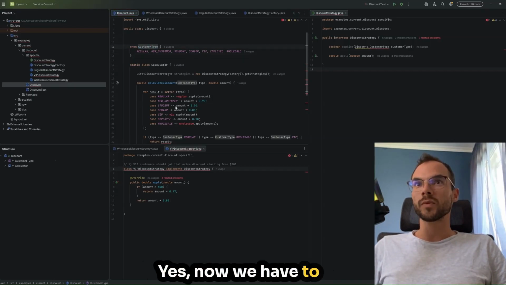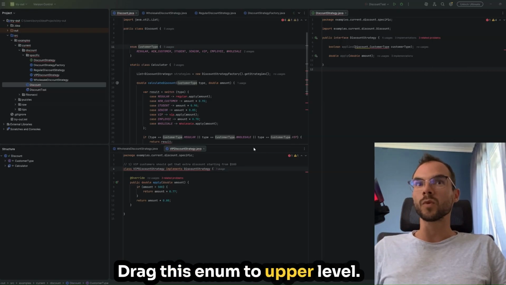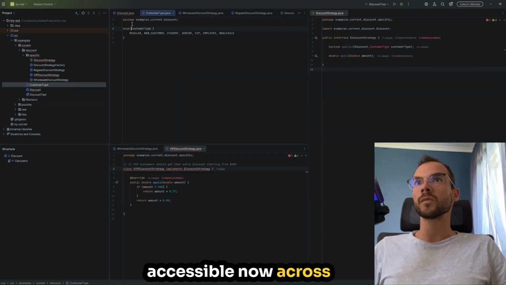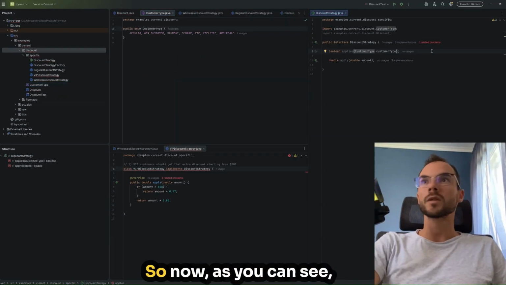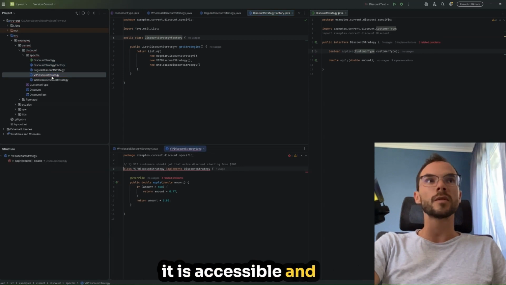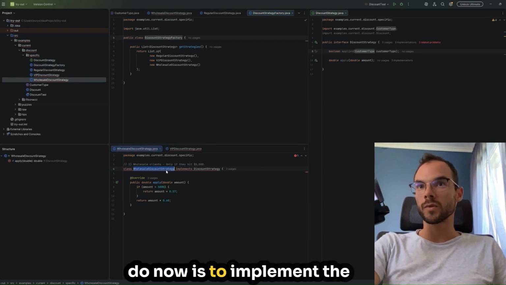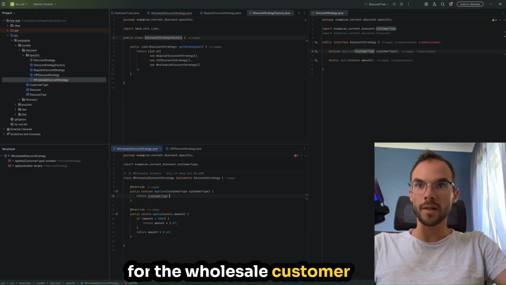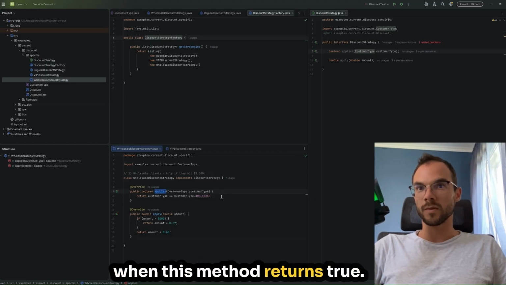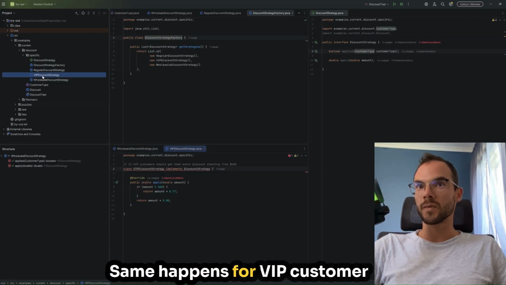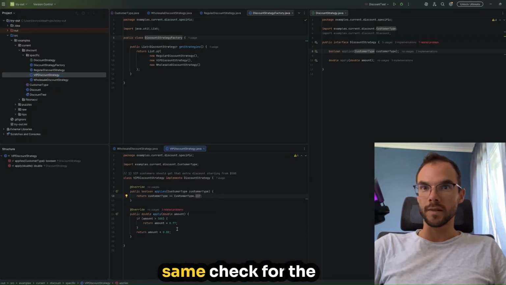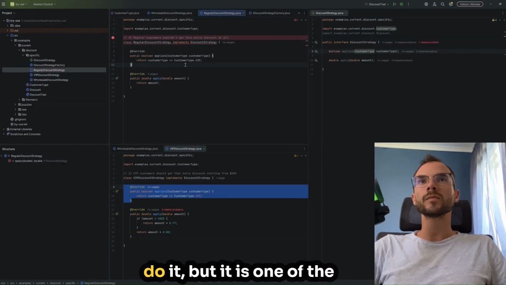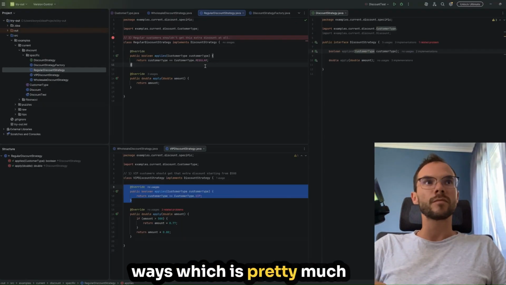Yes, now we have to extract this enum to the upper level. This is what we need to do, as it needs to be accessible now across the whole application. So now, as you can see, it is accessible, and the only thing we need to do now is to implement the method and understand that for the wholesale customer, the strategy is applicable when this method returns true. Same happens for VIP customer. Now it's basically the same check for the VIP and for the regular. This is not the only way to do it, but it's one of the ways which is pretty much alright